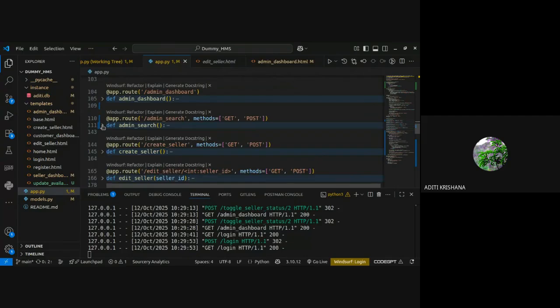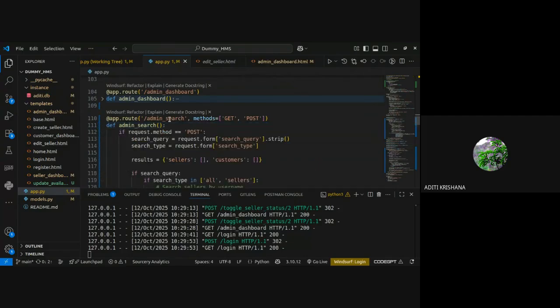So admin will be searching both patient and doctor in your application. But in my application, he is searching seller and customer. Why have I given the route differently? Because in your application, admin will be searching patient and doctor, and in the patient dashboard, you will be creating another route in which the patient will be searching only doctors.